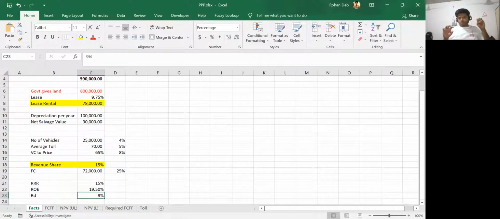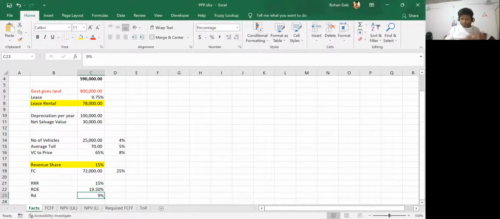some salvage value from that. So 30,000. So you invested whatever money, out of that 30,000 you're getting back the working capital that you invested. So initially you are putting some fund, you're getting a return every year, and in the last year you're getting not only the return but also the return from the working capital as well as salvage value.